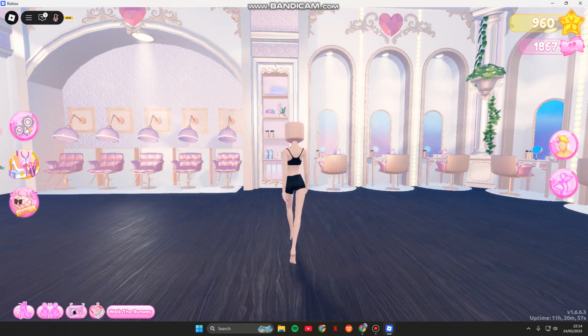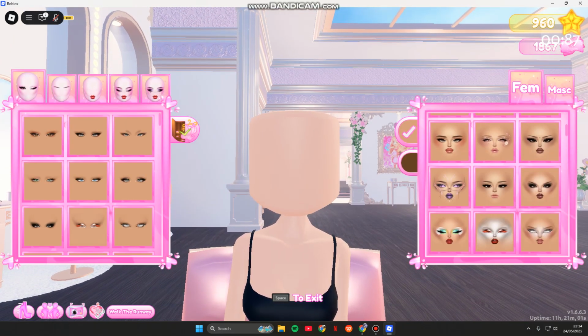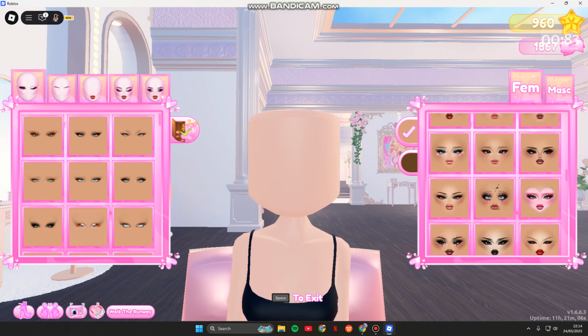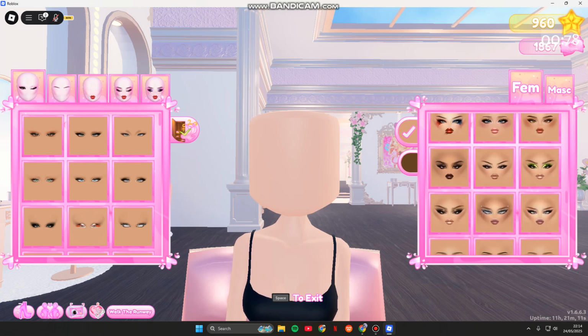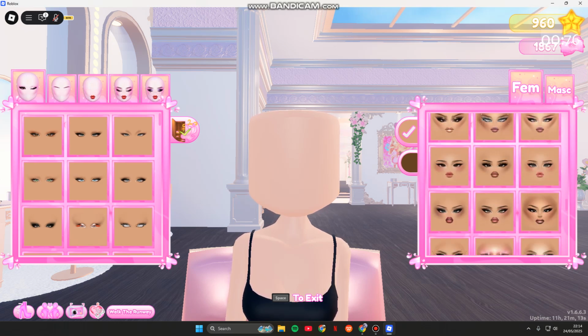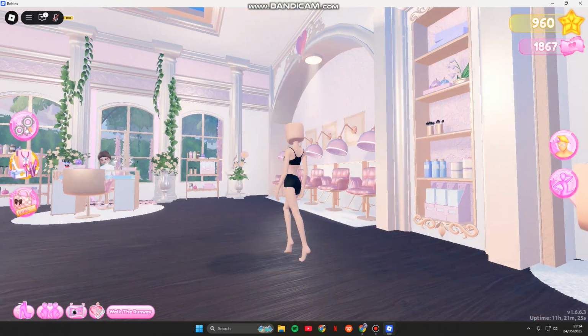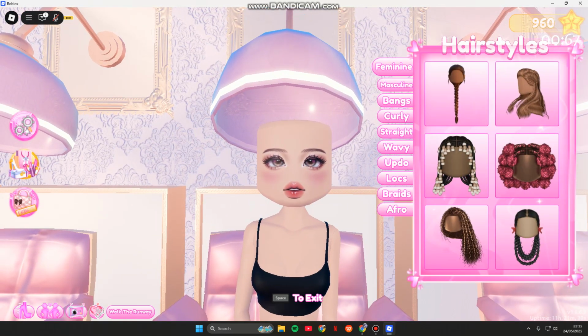First, you can start with the makeup and hair. So for the makeup in here, I'm just going to use the makeup set from DTI. Here I'm going to use, let's say, this makeup in here, and then I'm going to combine it with the hair. So for the hair in here, I'm going to just use